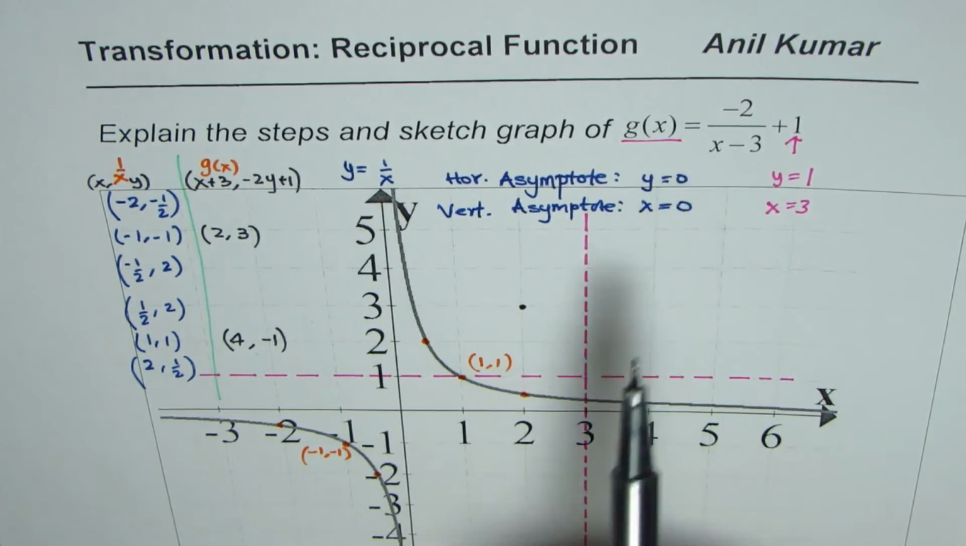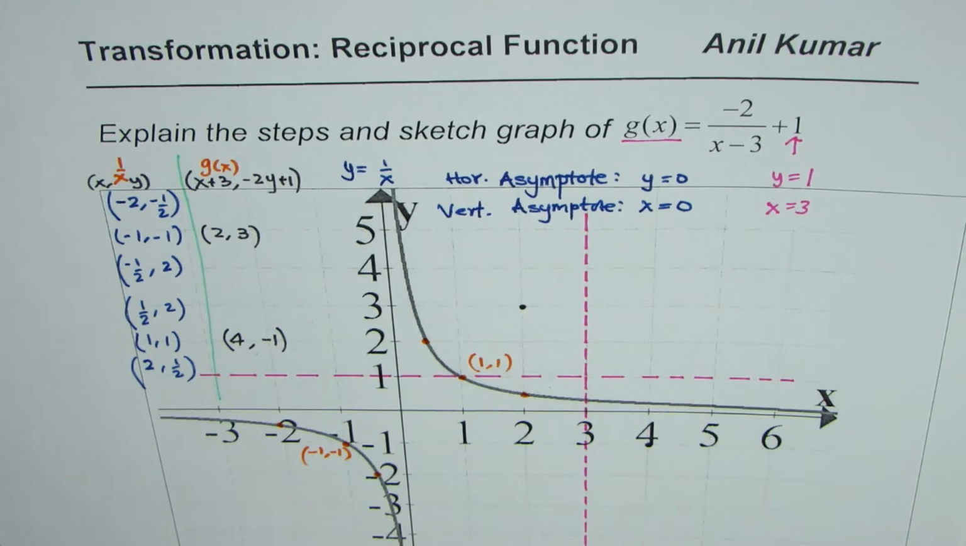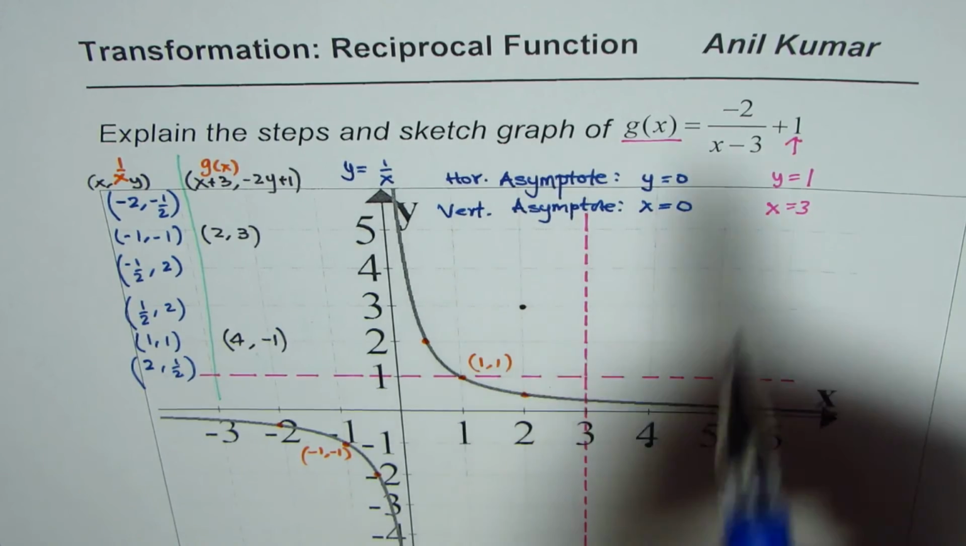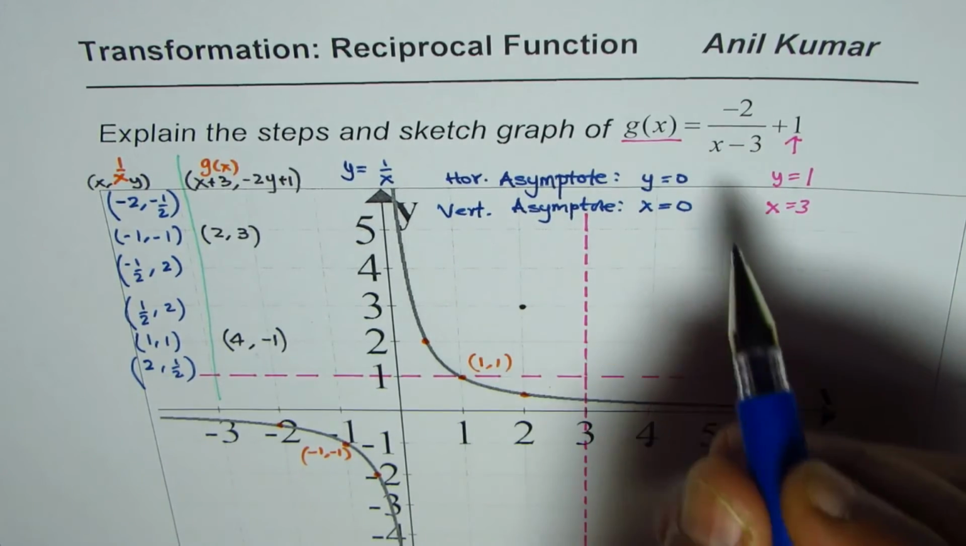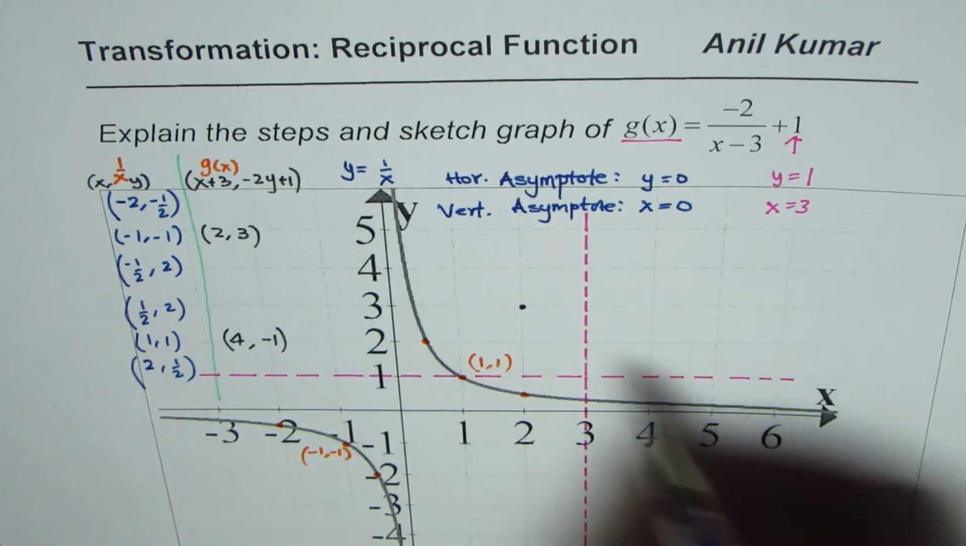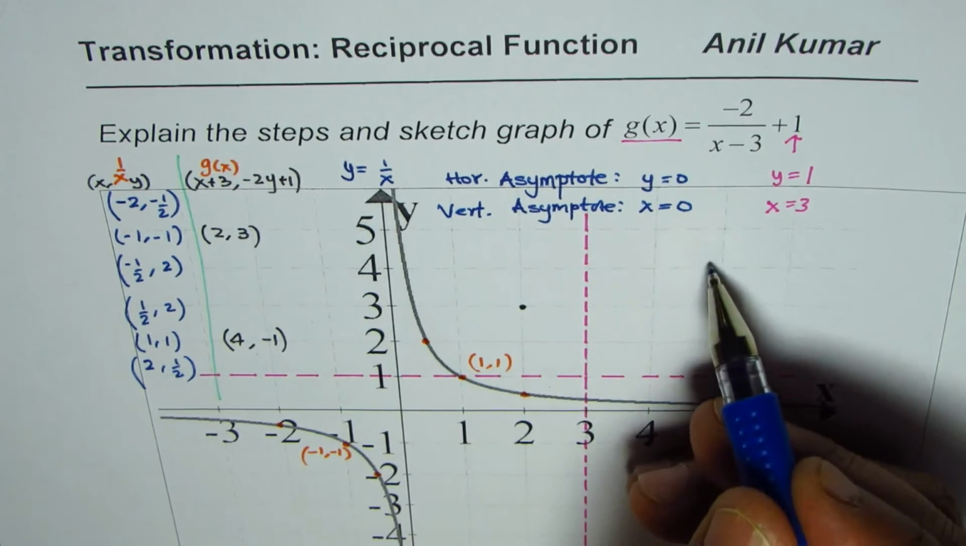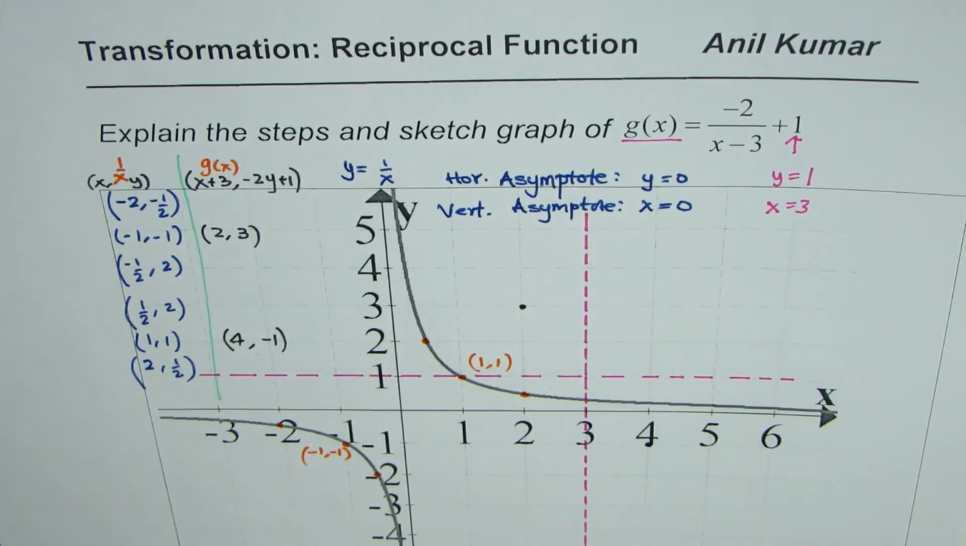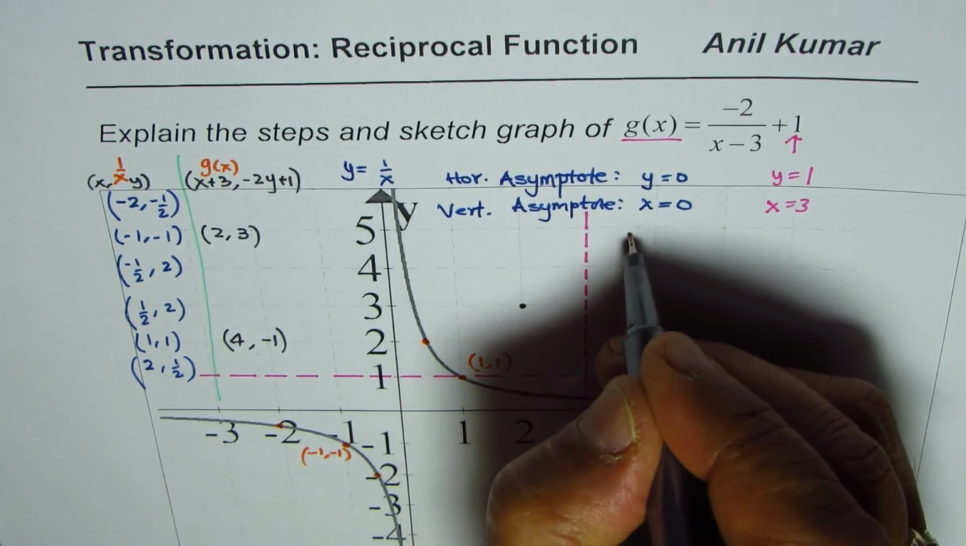Now let's go to the transformations once again. If you are listing the transformations for g of x, what do you notice? Since we are graphing here, I'll write down in this coordinate. Okay, that's a good idea. So the transformations are